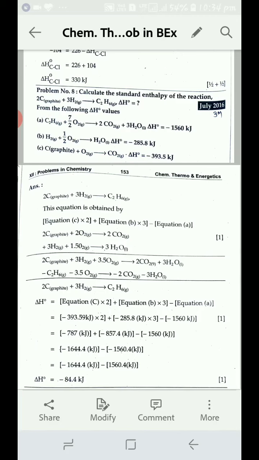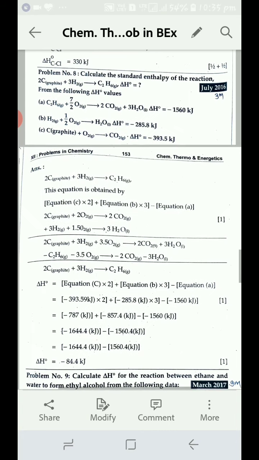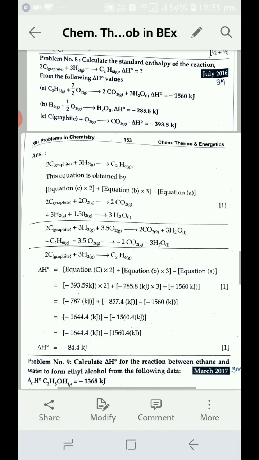So in this way you have to solve the numerical, don't directly calculate the final answer. Okay, so don't forget to write the unit also in your final answer, because the unit always carries half mark, along with proper values and signs. The next numerical is